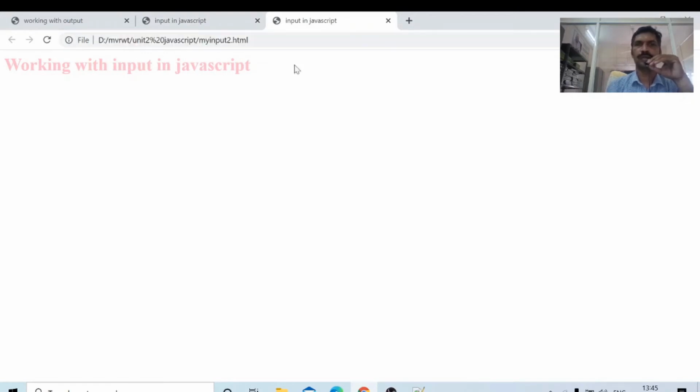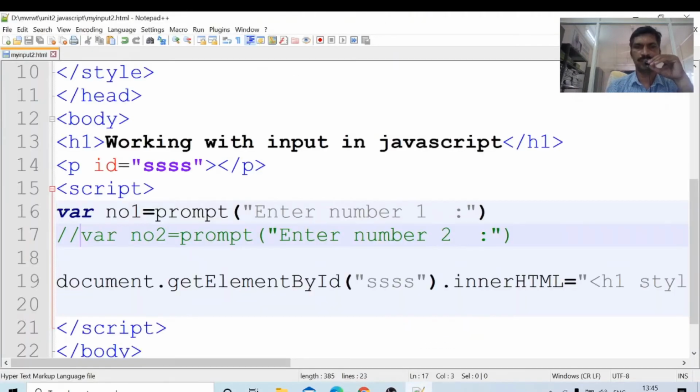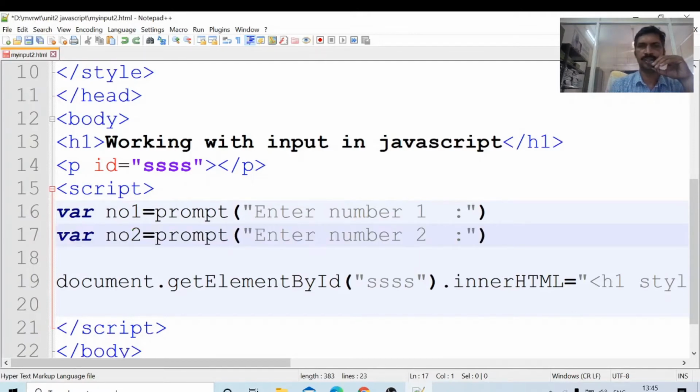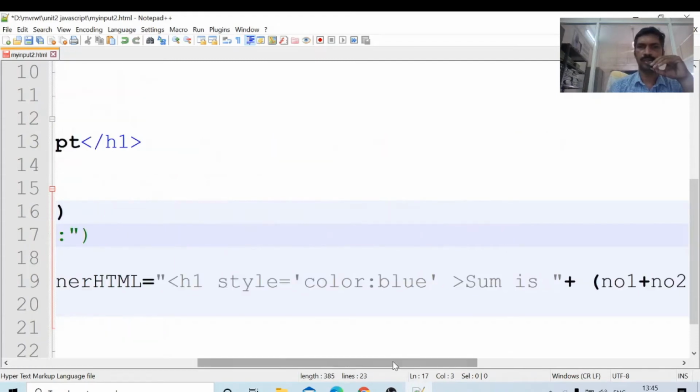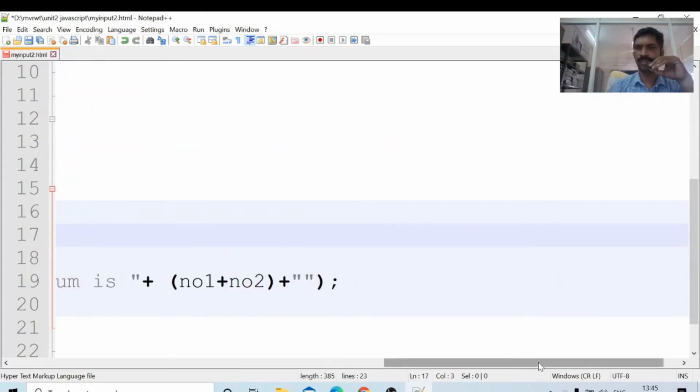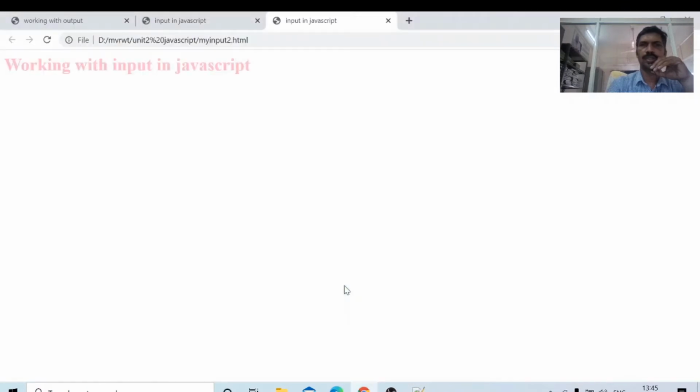No prompt. Is there any mistake in the prompt? We will see how we wrote the previous program. It is executed, nothing is changed. Comment. Variable innerHTML, document dot sum, is there any mistake here? Semicolon is not required. Control S, Alt Tab. Refresh this one. Okay, no output.